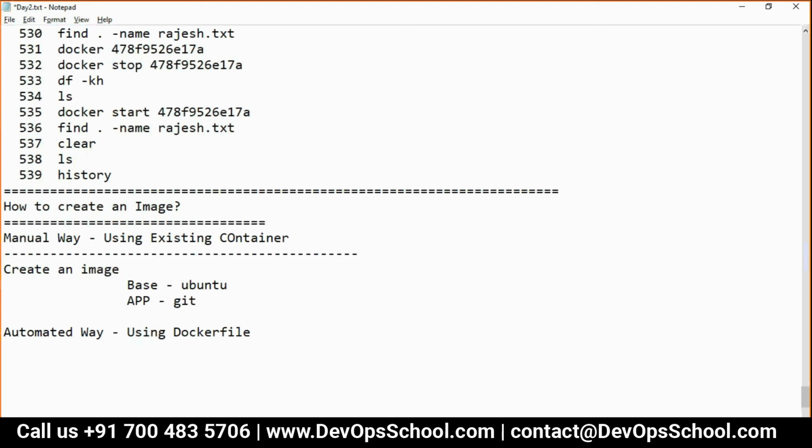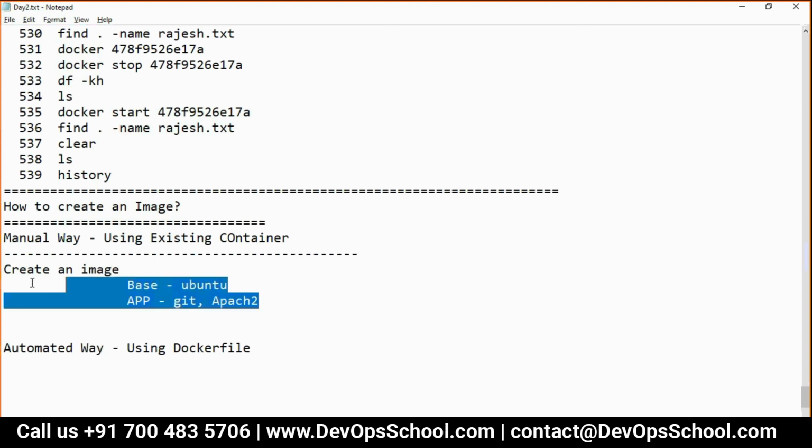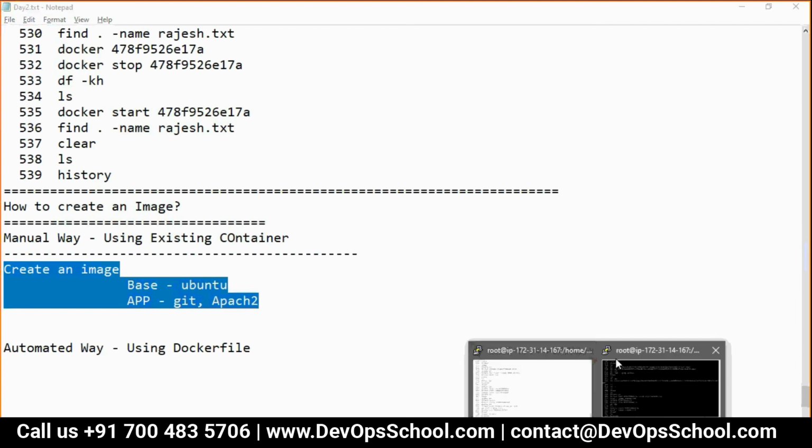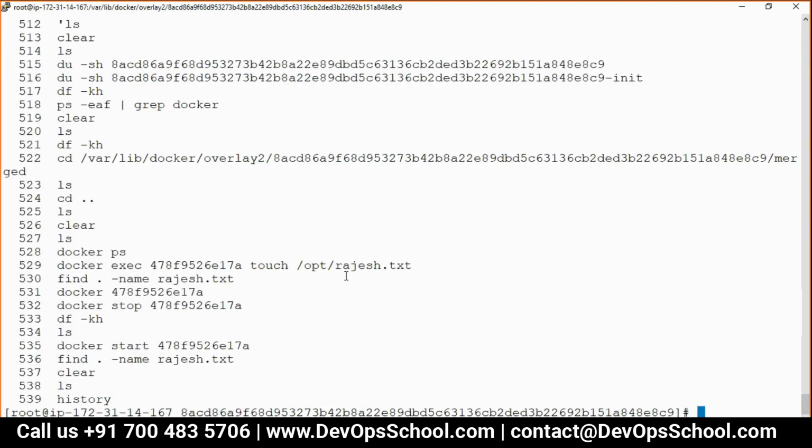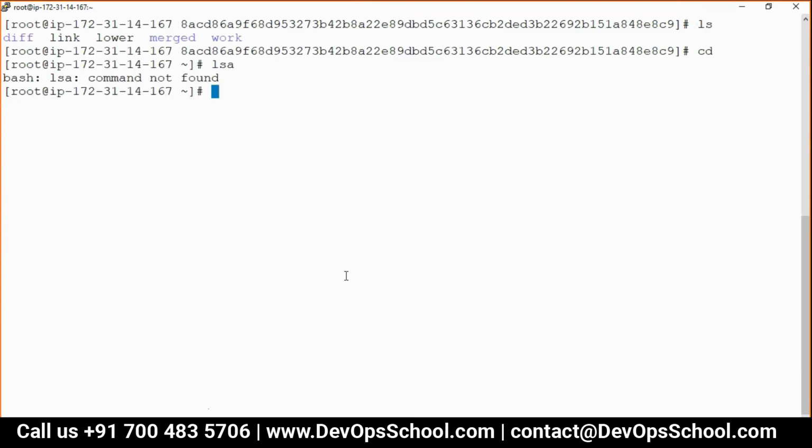Applications, you should have Git and Apache too. So I need behavior as if Ubuntu with Git plus Apache. I said, okay, let me create it. I'm showing you the demo. I'll do it from scratch.